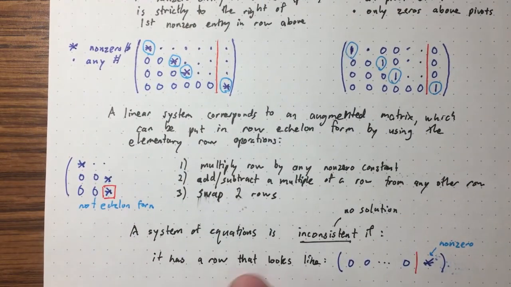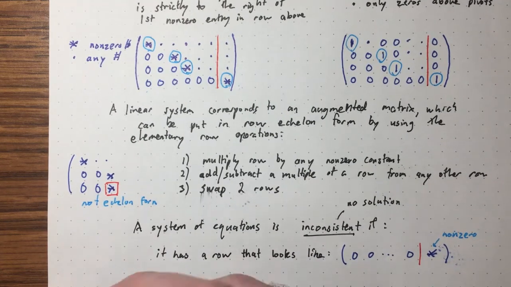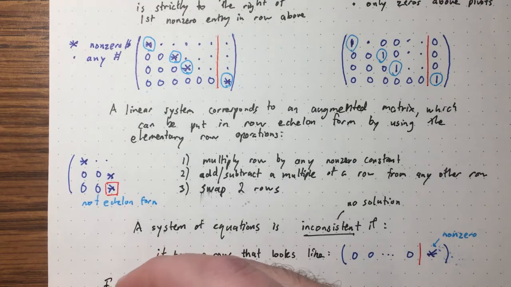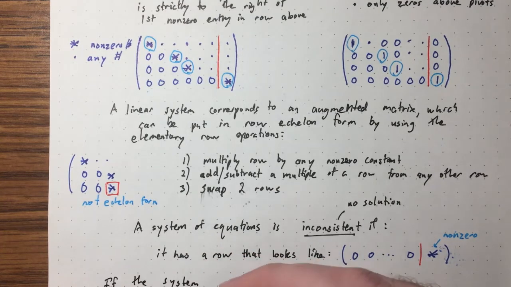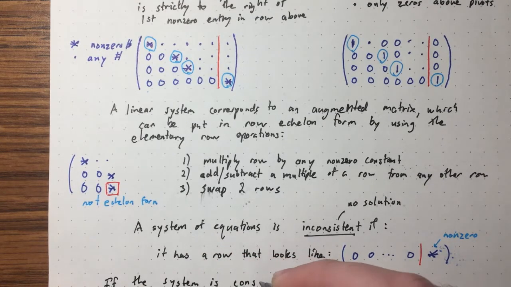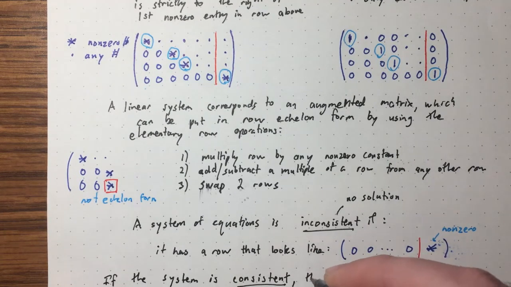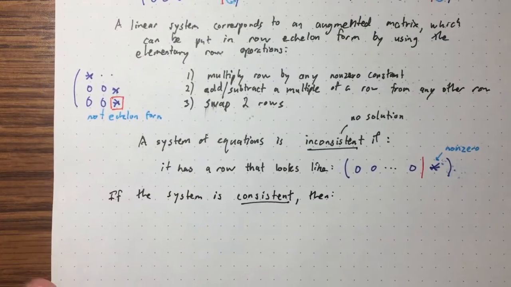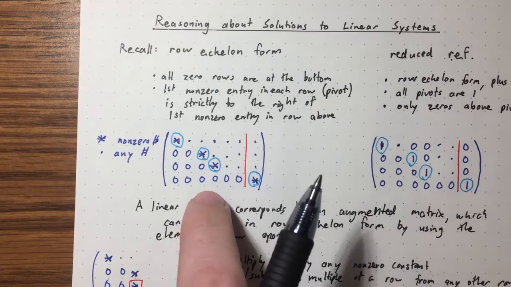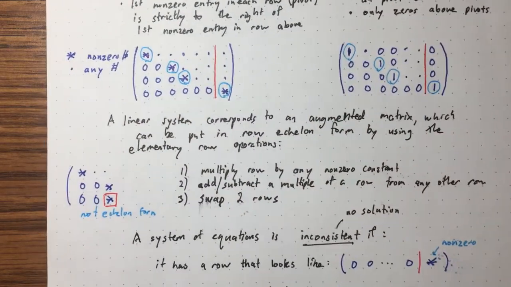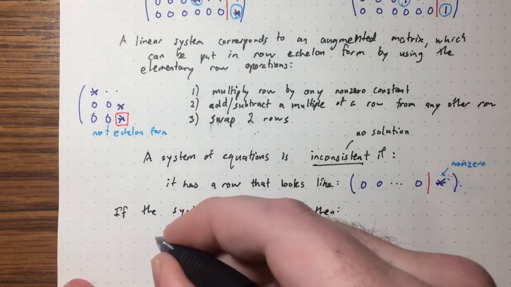Next, that's how we can tell if a system has no solutions. What if we do have solutions? Well, how many possibilities are there? If the system is inconsistent, what's the opposite? Consistent, right? If it has at least one solution, then what are the possibilities? So how do we know when a matrix in row echelon form has exactly one solution? Let's do that first. So if a system is consistent, then